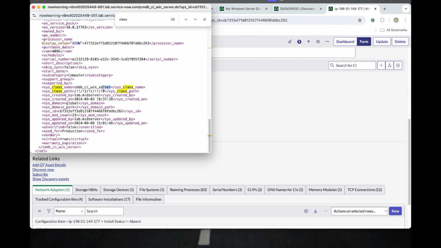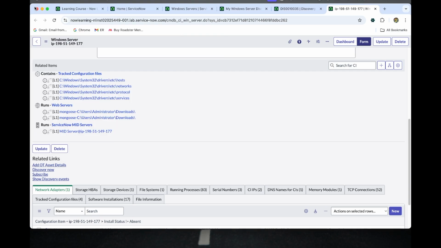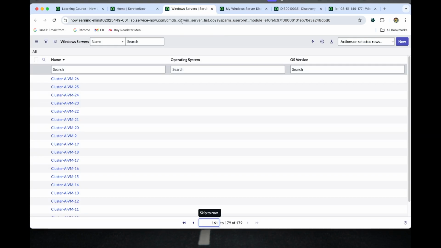Like this we can find how the class depends on this particular discovery. So you can see those kinds of classes, right? Now let's close this one and let me go to the form layout